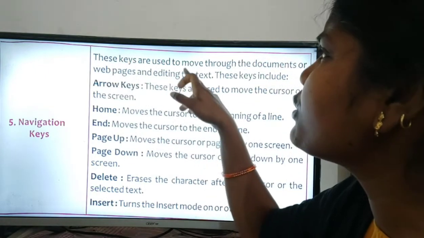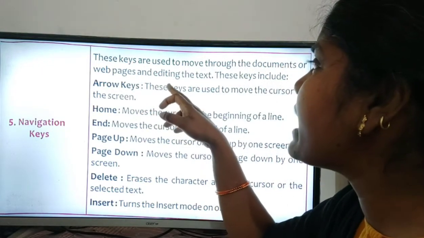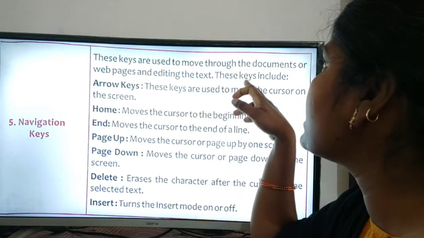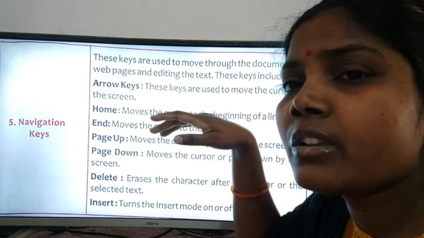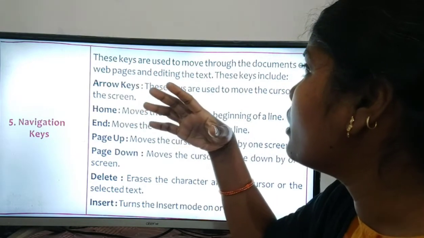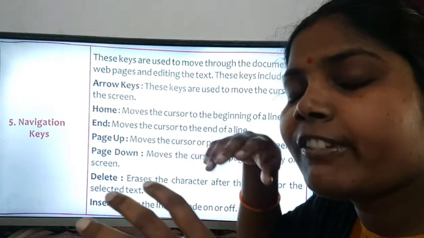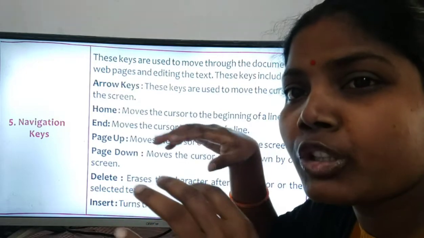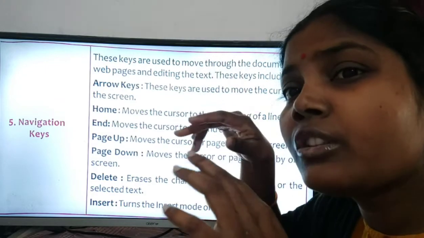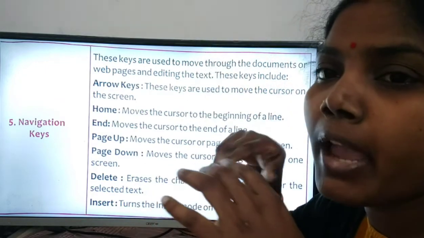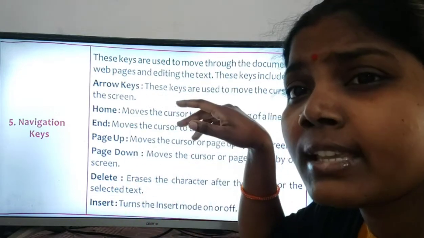These keys are used to move through documents or web pages and to edit text. If we read an important document and want to see the beginning page or the back page, we can move. According to the document, we can use these keys.